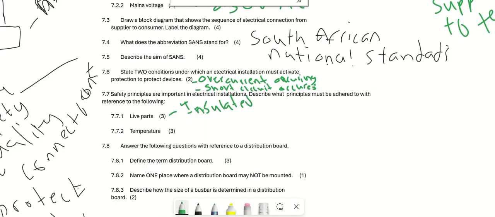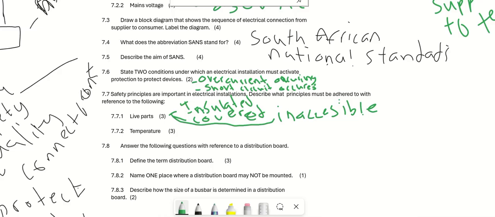They must be covered or hidden by making them inaccessible, so that we do not get shocked.